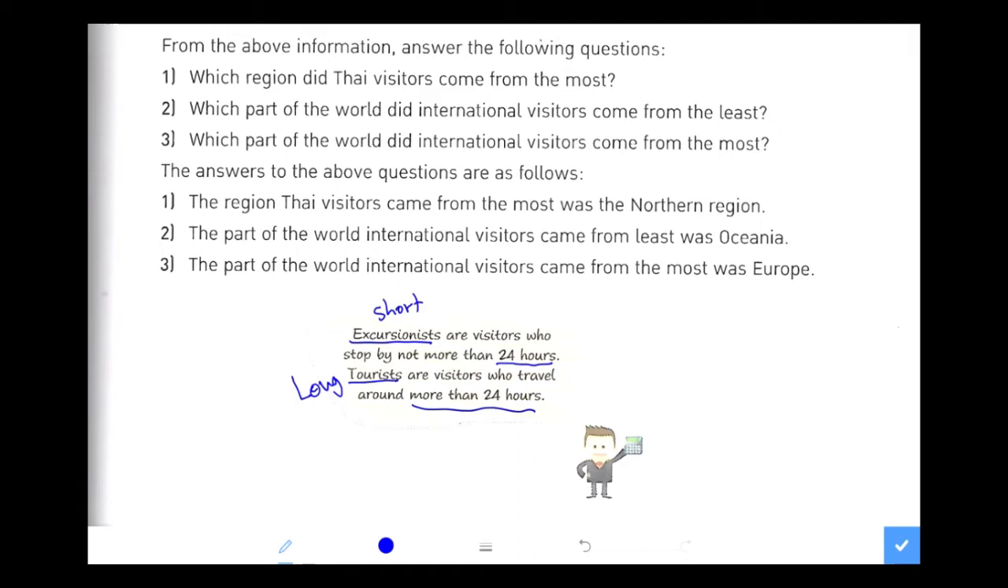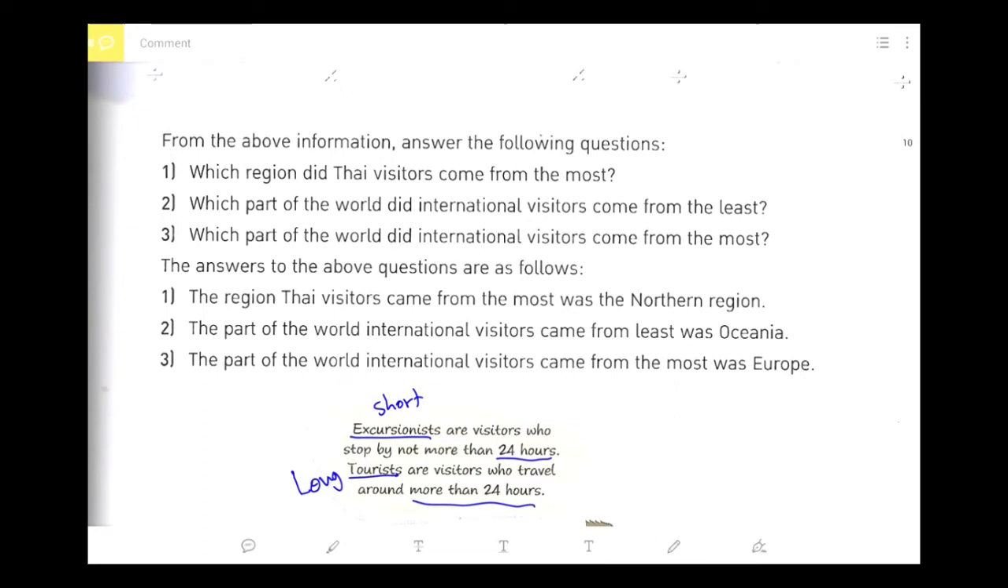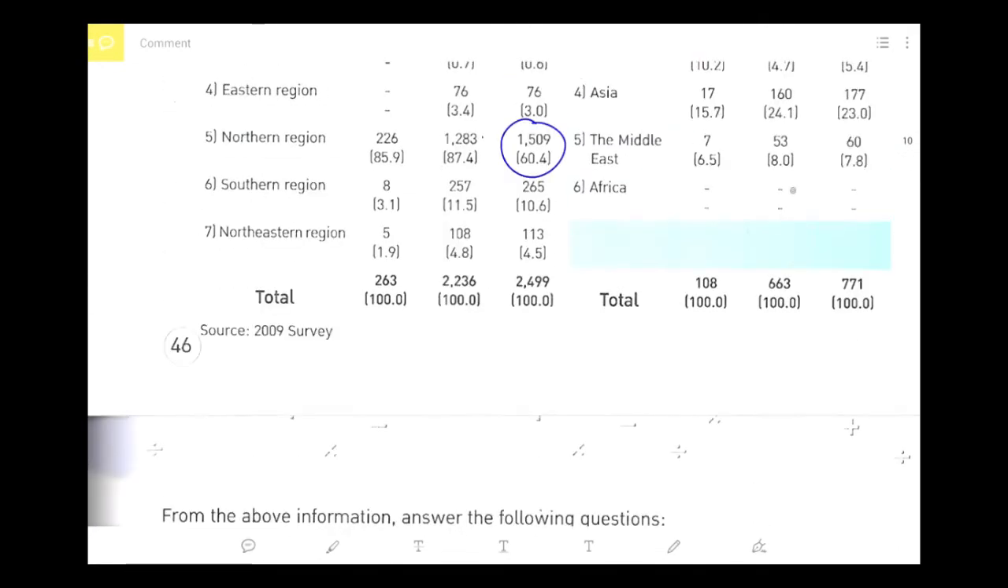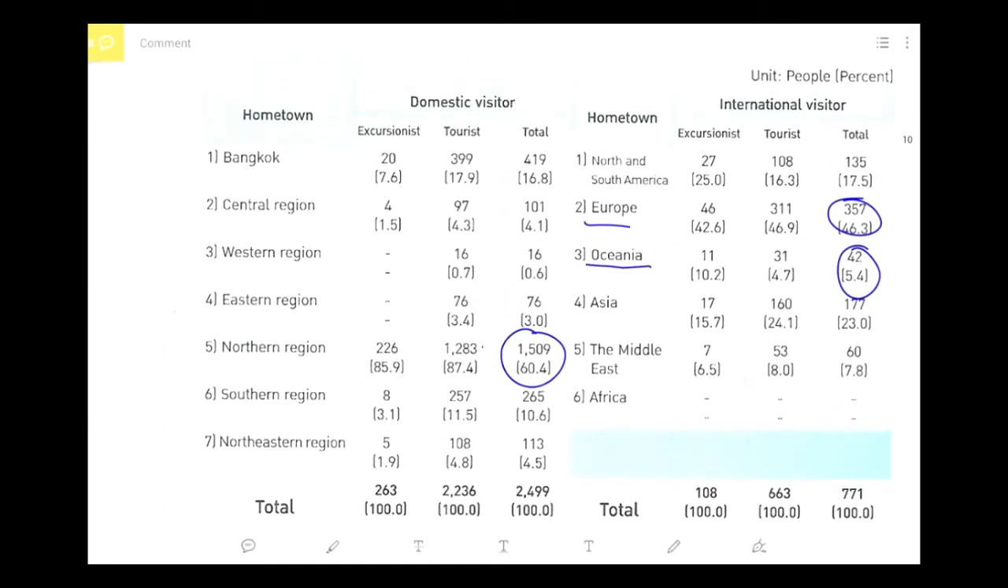So we go back to answer the questions. From the above information, answer the following questions. Number one: which region did Thai visitors come from the most? So you just have to go back to that thing. I already circled it for you. Northern region, if you look here,